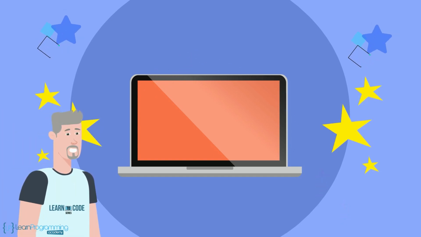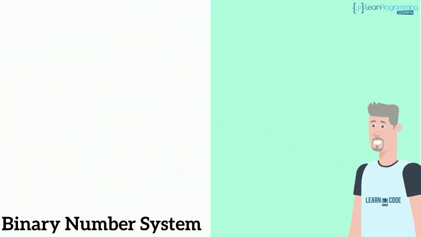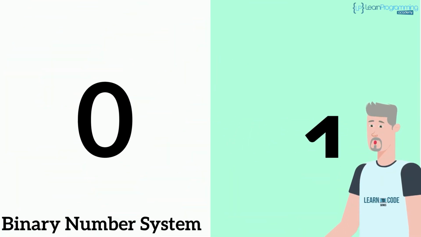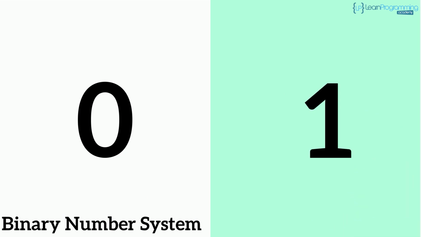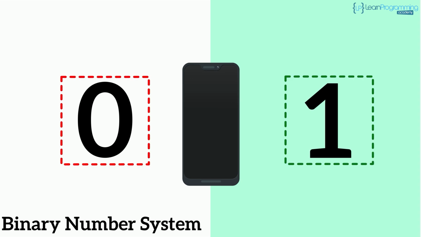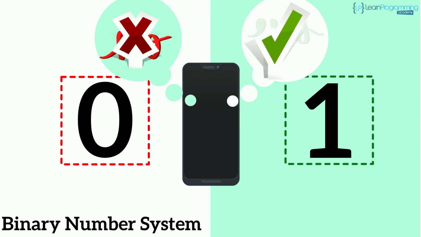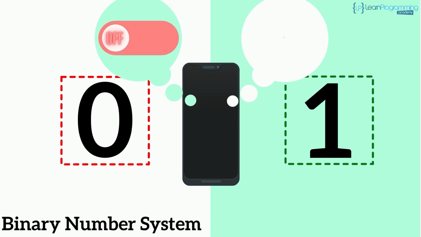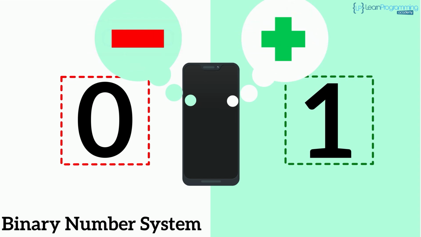Alright, so now on to a brief discussion of the binary number system. In the binary number system, there's only 2 digits available, 0 and 1. Now this is perfect for our digital computing devices, as a digital signal is in one of 2 states, either a 0 or a 1, or in other terms, a yes or a no, a true or a false, an on or an off, open or closed, positive or negative, etc.